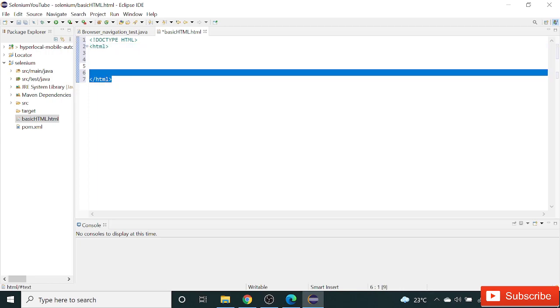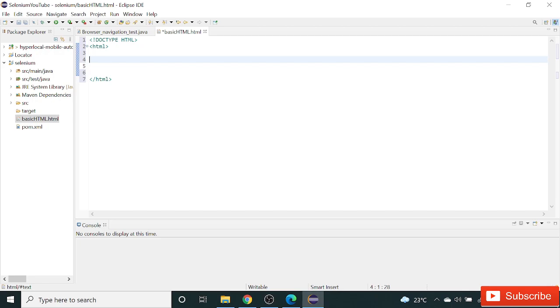Now what is a tag? It is a predefined keyword that is used to define a certain type of element. For example, if you want to create a link, then that's the a tag. For a division we have the div tag, and for headings we have certain tags.